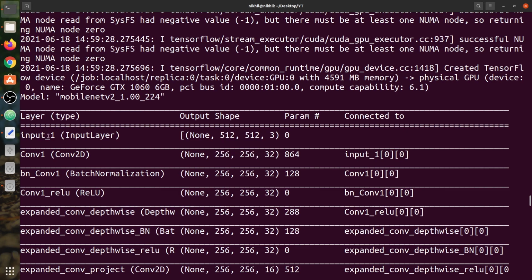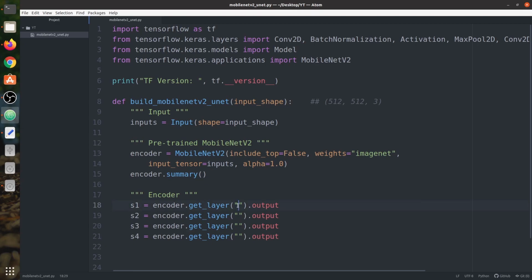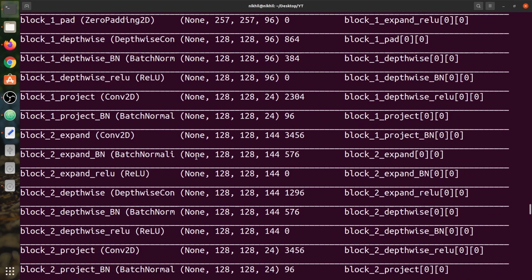So the only option here is input_1 if you want to use a skip connection with this shape. Okay, so this is done. Next it would be of size half the initial, that is 512 by 512 divided by 2, which becomes 256 by 256. So now we need the name of the layer with the size 256 by 256.